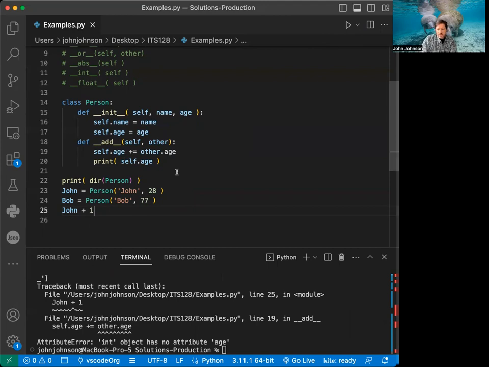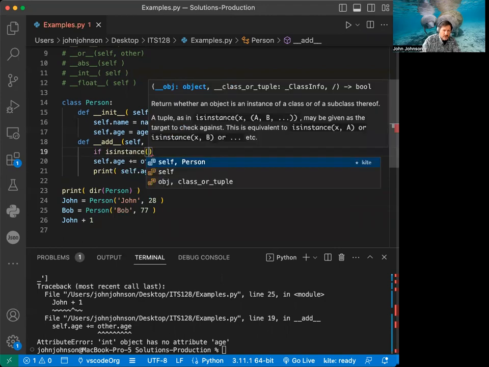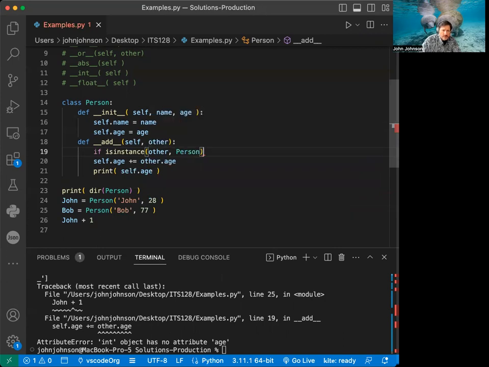And there's a way to do that, and it's called isinstance. So we can use isinstance like the following. We can do a check before we try to do the add, and we can say if isinstance, and isinstance is a built-in function, and you can see the definition of it here popping up. So we're going to say isinstance, and we're going to say other. If other is an instance of person, then we're going to do